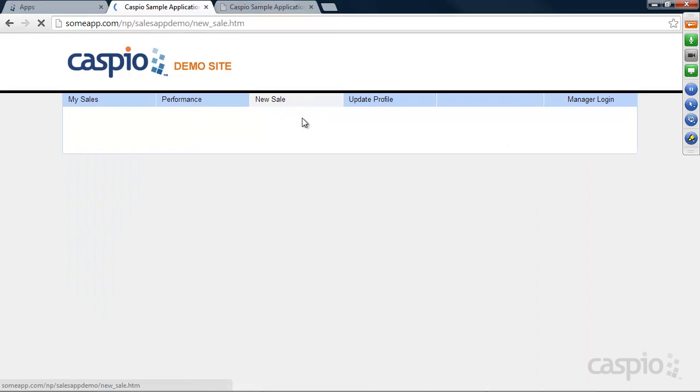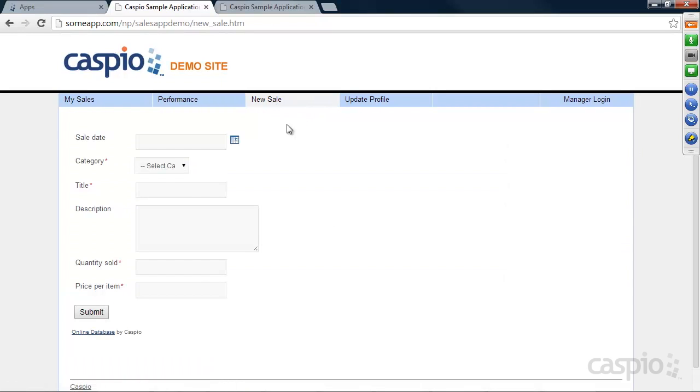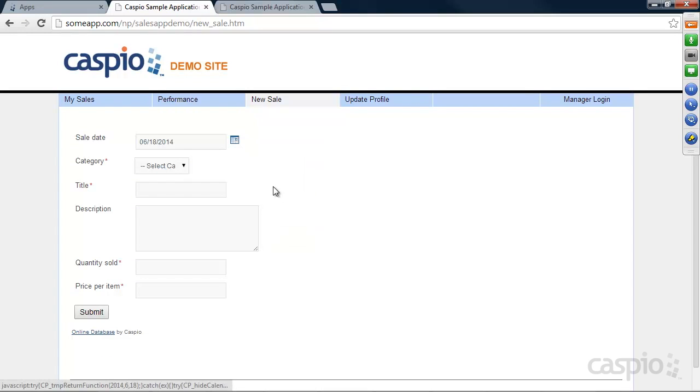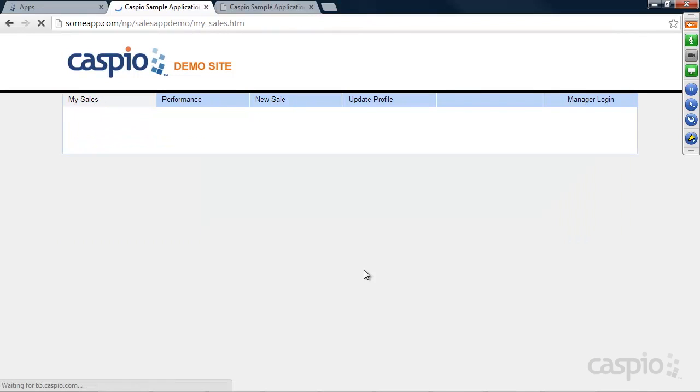Then we also have a form to add a sale. So if Oscar just made a new sale, let's say in June, category fax, title and description, sold about 10 of them. We'll say quantity sold is 10, and then price per item can be, I don't know, 149. Click submit. Then when I go to my sales,